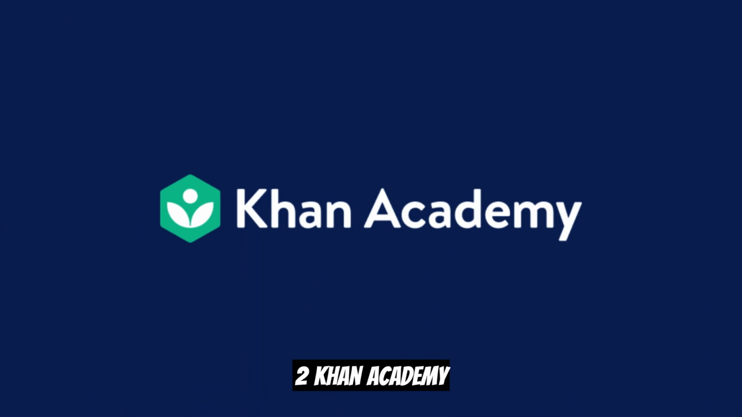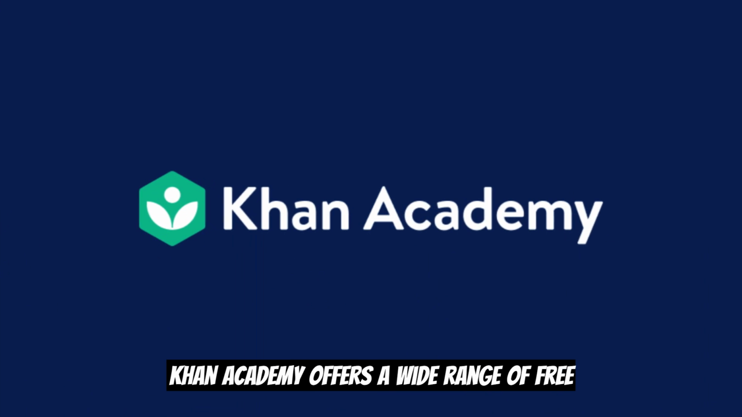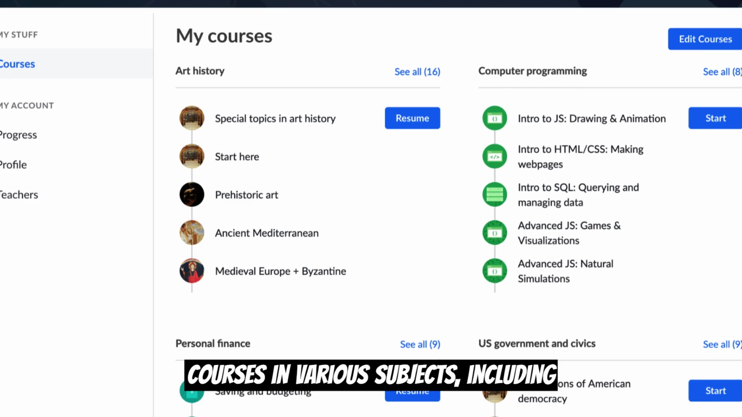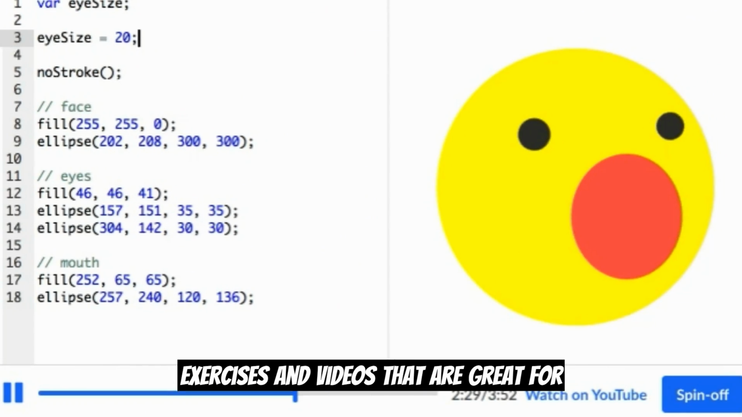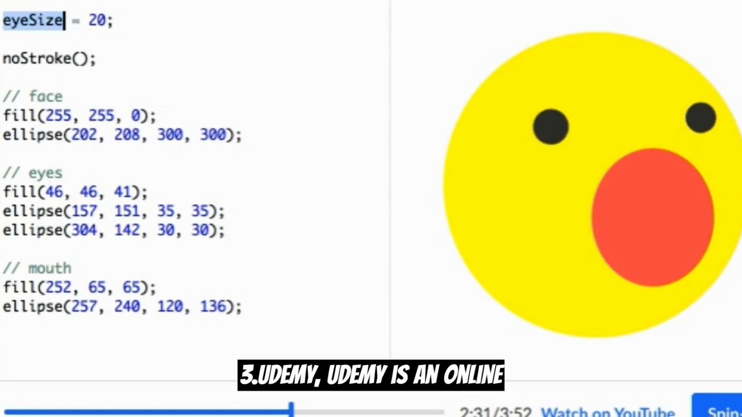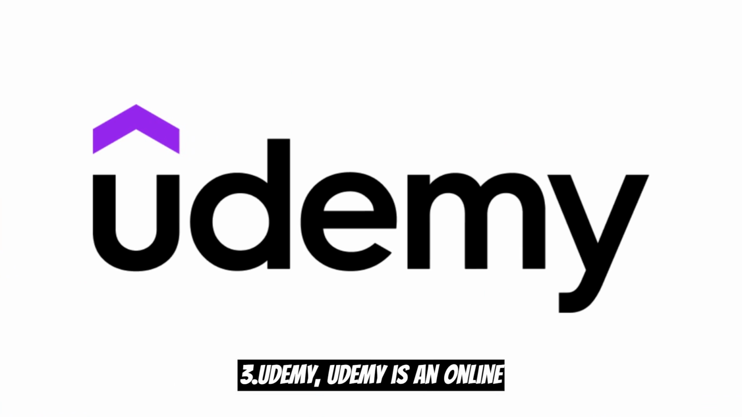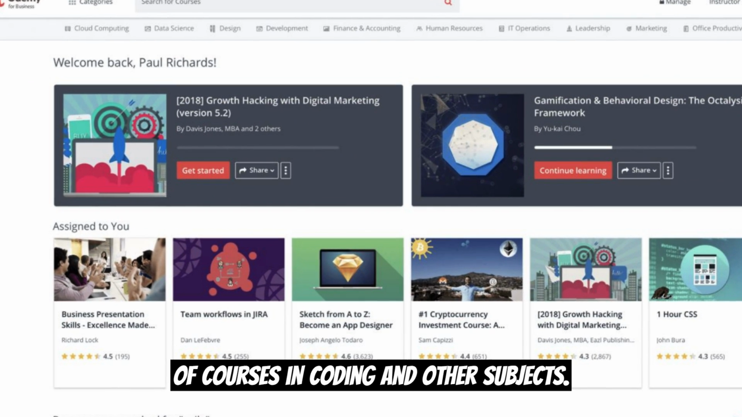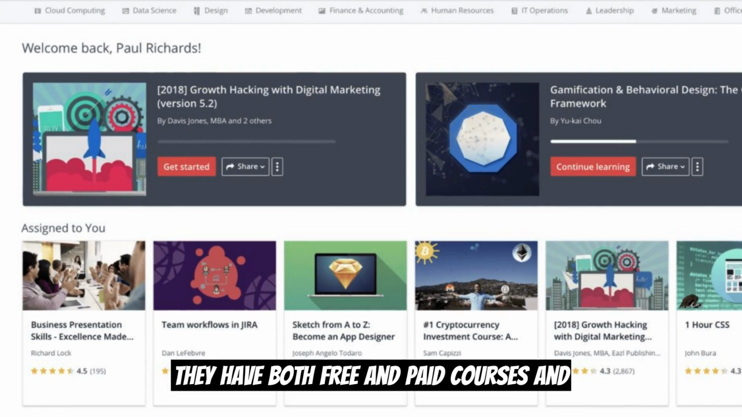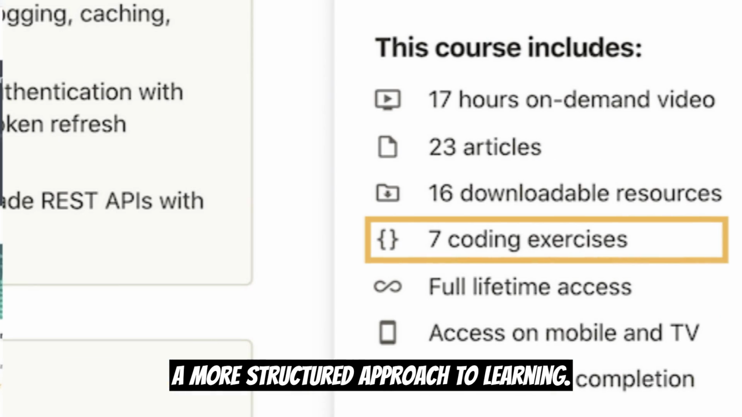2. Codecademy. Codecademy offers a wide range of free courses in various subjects, including coding. They have interactive coding exercises and videos that are great for visual learners. 3. Udemy. Udemy is an online learning platform that offers a variety of courses in coding and other subjects. They have both free and paid courses and are a great option for those who prefer a more structured approach